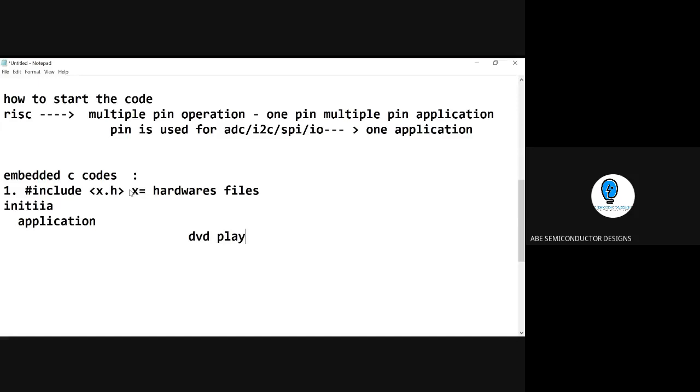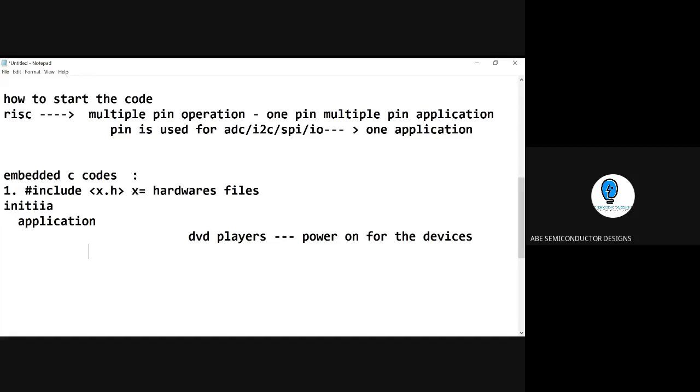Everybody has used DVD players, or phones, different devices. So let us assume it is a DVD player. You are making the power on for the device. Can you tell me what will happen with a DVD player? I hope everybody has used DVD players. Nowadays it is less common because of Prime Video and everything, but in older days we came across this kind of DVD player. Once you power on the system, what will happen?